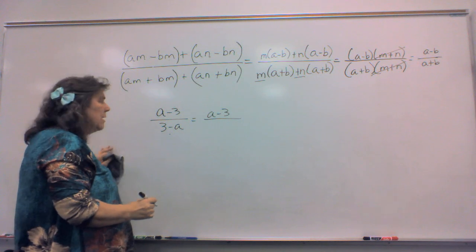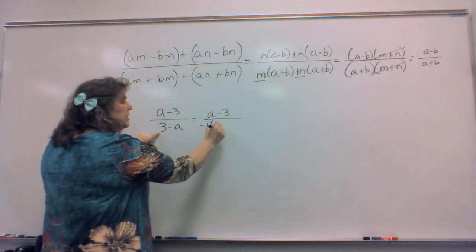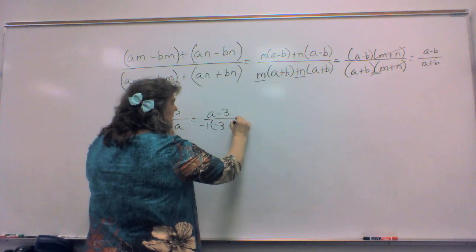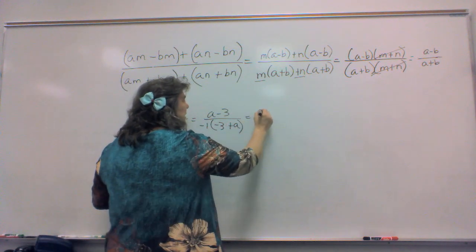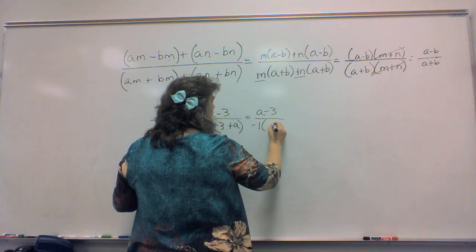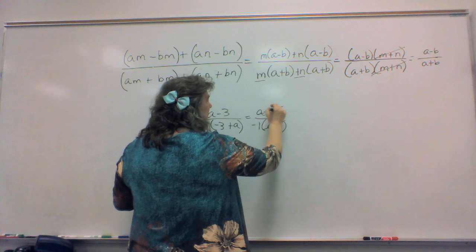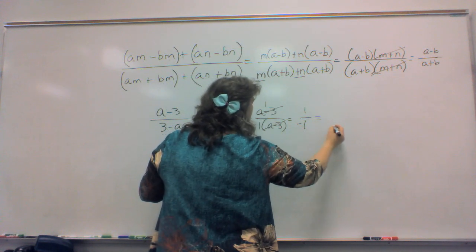So this will be negative 1 times negative 3, negative 1 times plus a gives us that. Change our order, so you have a minus 3 over negative 1 times a minus 3. Now you can see your common factor, and you have a 1 over a negative 1,